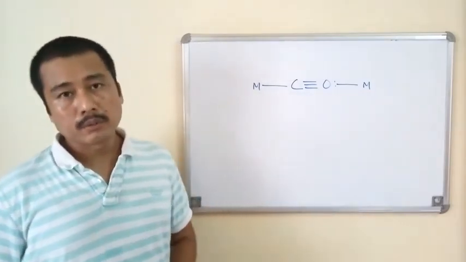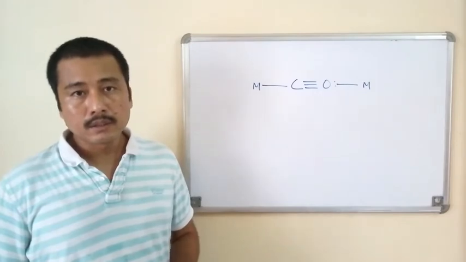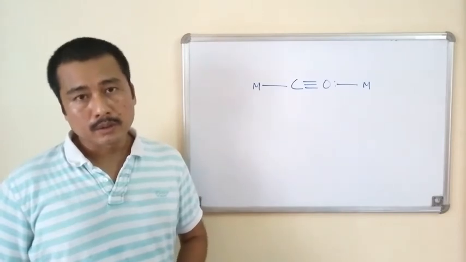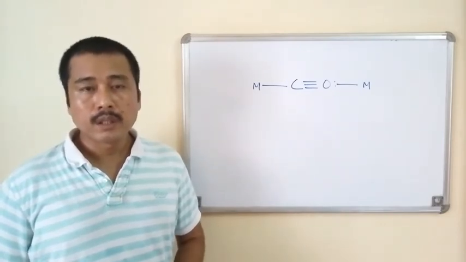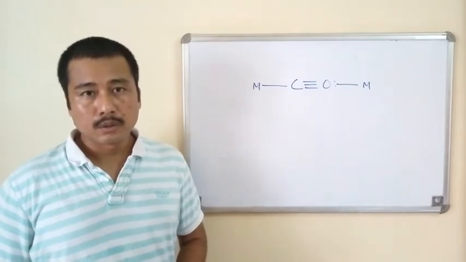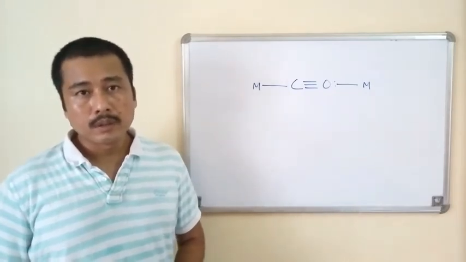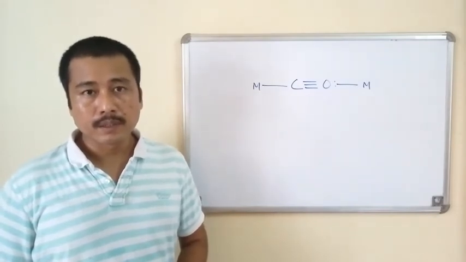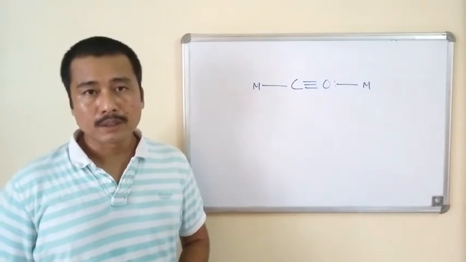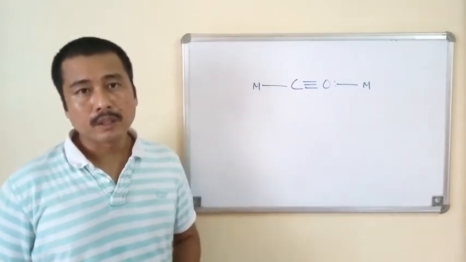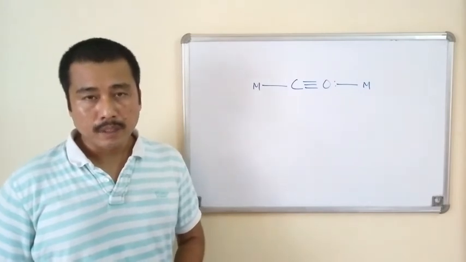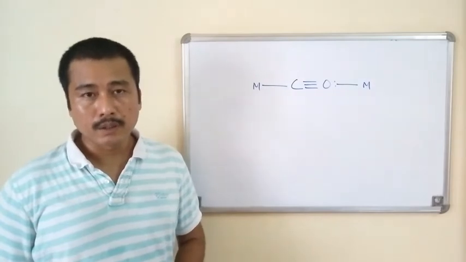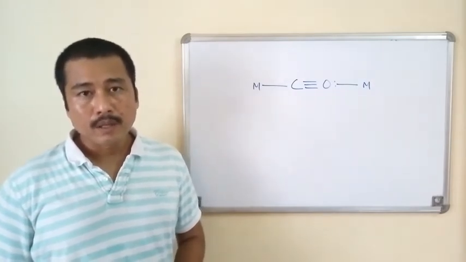The second question that we should ask is the reason why carbon monoxide forms stable complexes only with electron-rich metals, but the complexes with electron-deficient metals are normally unstable. For example, for the transition metals of group 4, that is titanium, zirconium, and hafnium, no binary metal carbonyl complexes are reported so far because of the electron deficiency of these metals. Also, carbon monoxide typically forms stable metal carbonyl complexes when metals are in low oxidation state. This is